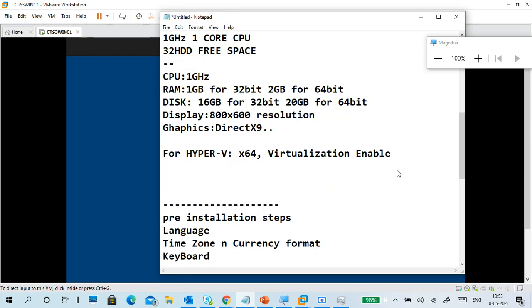So Intel virtualization should be enabled. And RAM must be 4 GB in that case, because 2 GB for 64-bit and an additional 2 GB is required. It means total RAM is 4 GB.